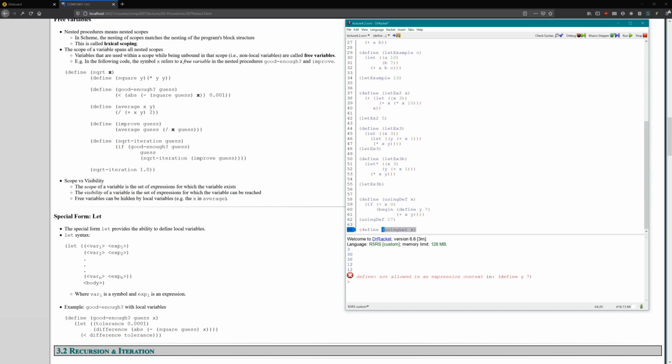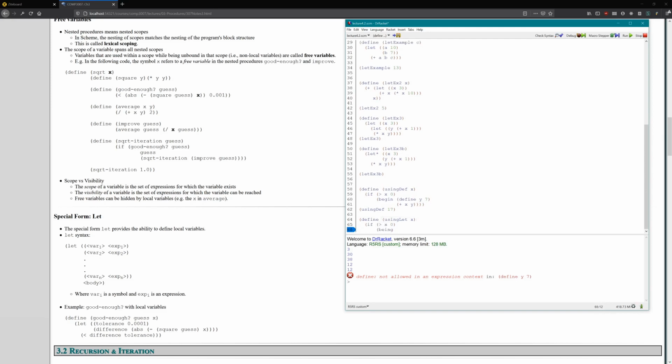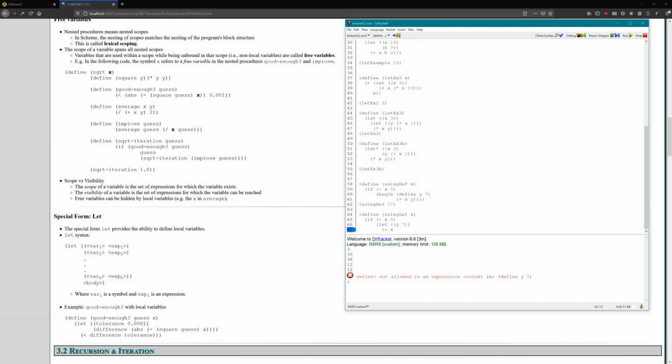Define using let x. If x is greater than 0, say, we don't need a begin because let kind of does that for us, gives us the whole sequencing. I could say let y be 7. And that's the only binding we need, and then the body of that let plus x y. And now this let expression has a value, so it can be used anywhere that any other expression is needed, anywhere that a value is required. In this case, a value is required as the quote-unquote return statement of this function,